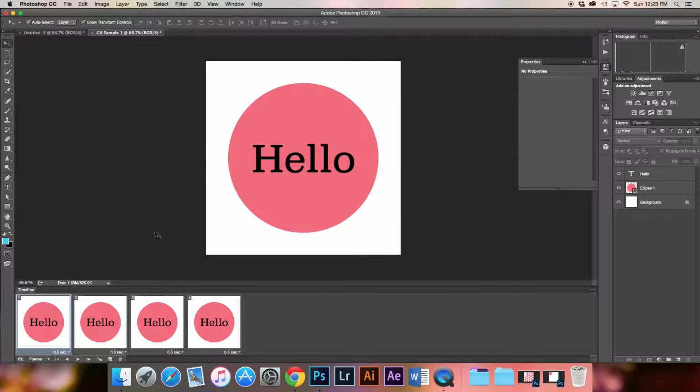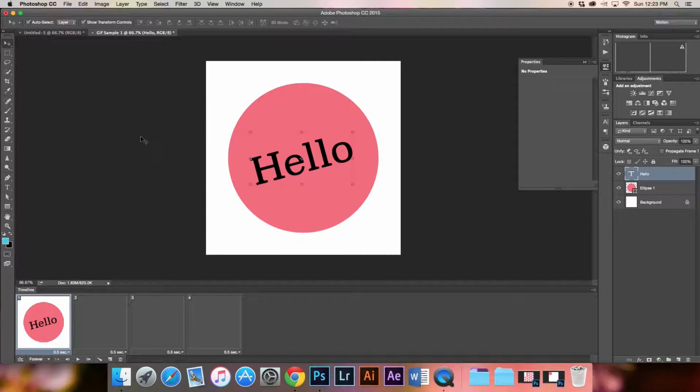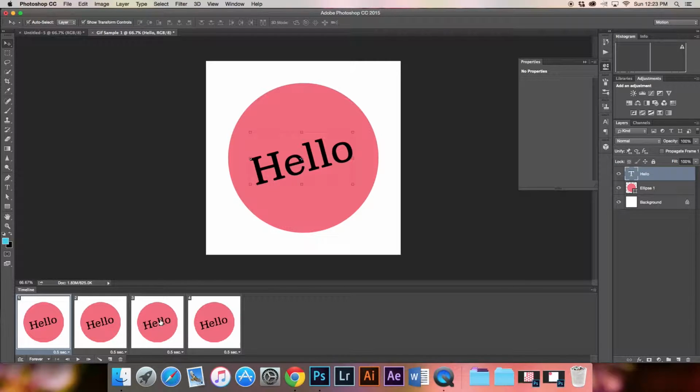The same thing will happen if you try to rotate any of your layers. So let's say I wanted to rotate this. You'll notice when I commit the changes, they'll all start rotating. And there is a way to get around this if you wanted to go to this layer and turn it off and then have another layer rotated a different way. But rotations are not awesome in Photoshop for GIF animation.